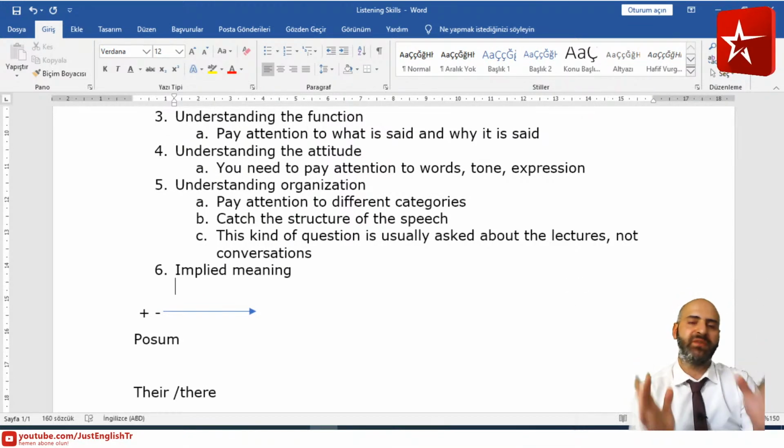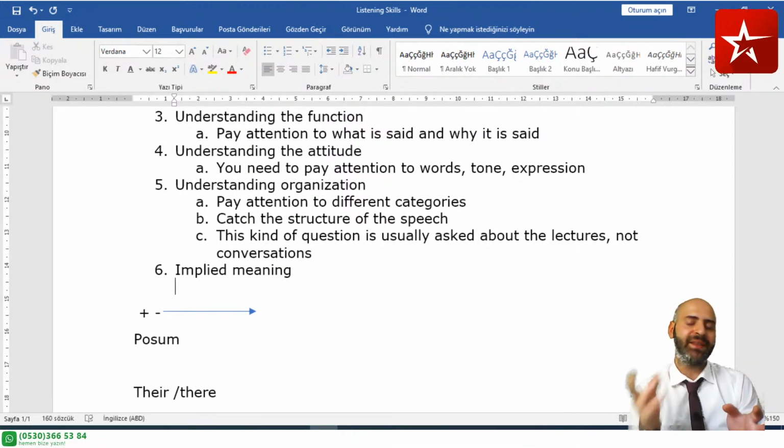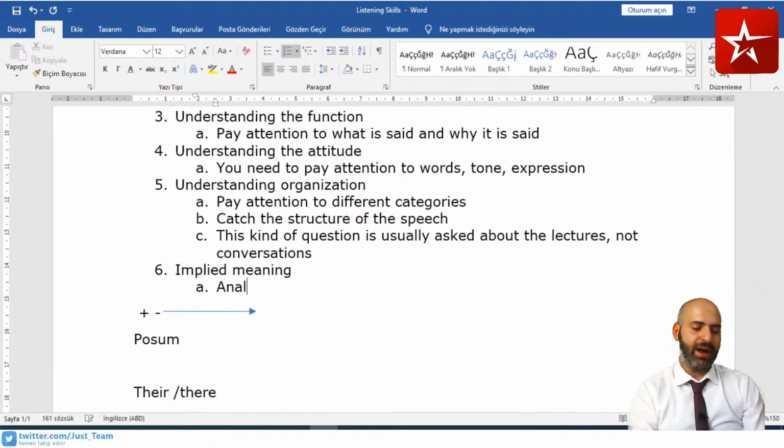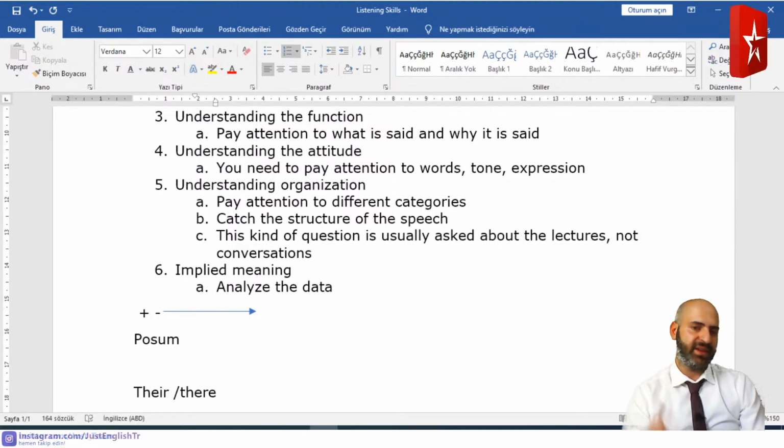So you have some information in the passage, analyze this information and what we can imply from it. So you need to analyze the data given in the passage